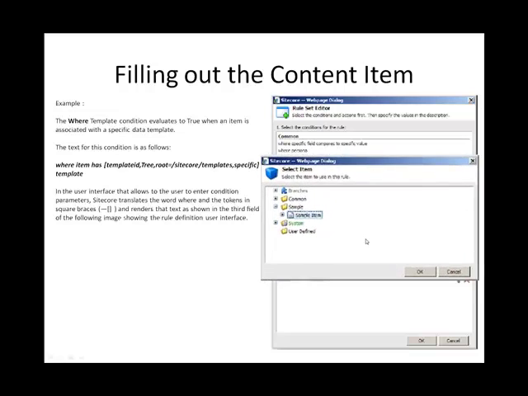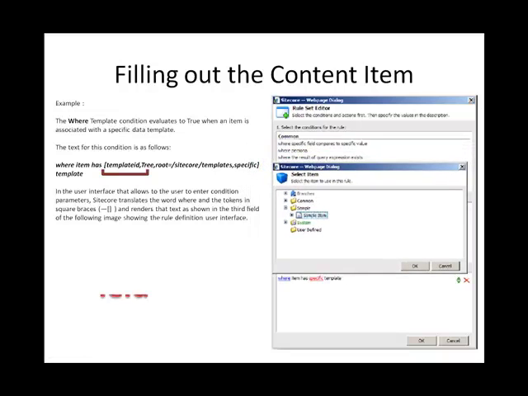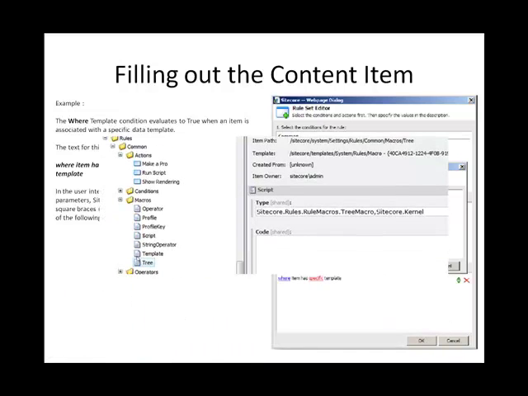Well, let's remember a couple of things. Let's remember the parameters. The first parameter is the actual field name that we're going to pass through as a parameter to our class. In this case, we want to use the template ID. The next field is the actual macro name. So, this is the macro that exists in our Sitecore tree that points to a piece of code. This piece of code simply opens up an interface within Sitecore that allows users to select something from the content tree. So, we are using the tree macro. All it does is points to this class,